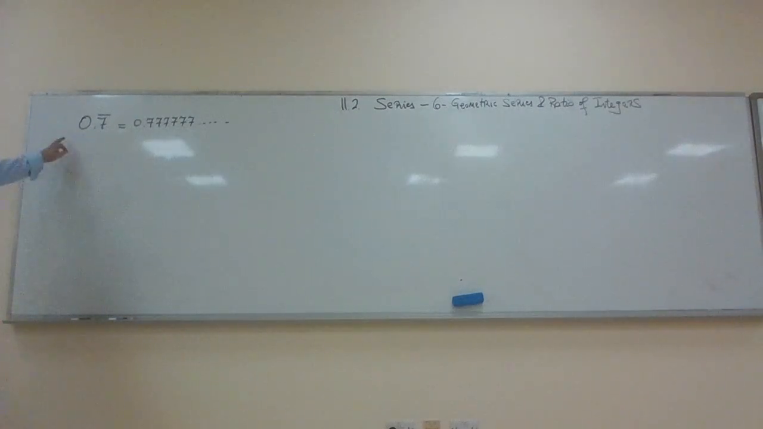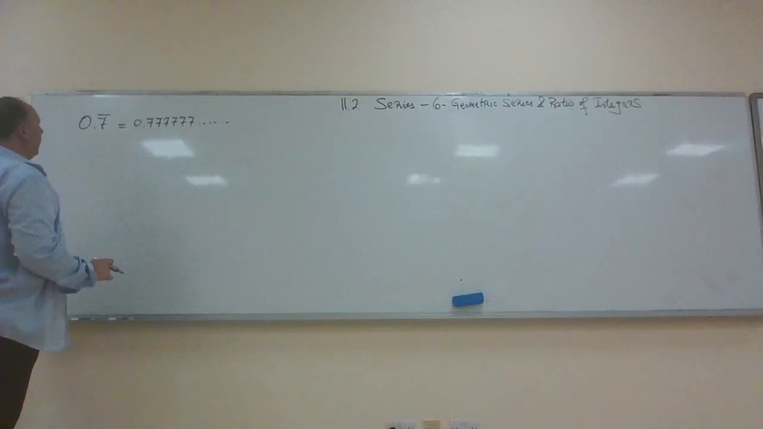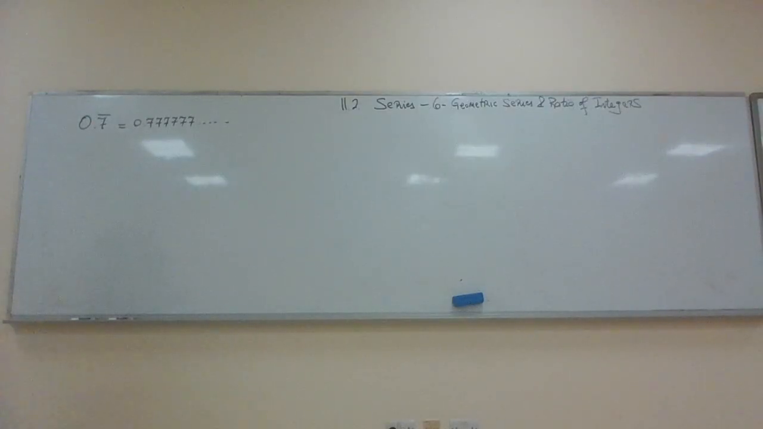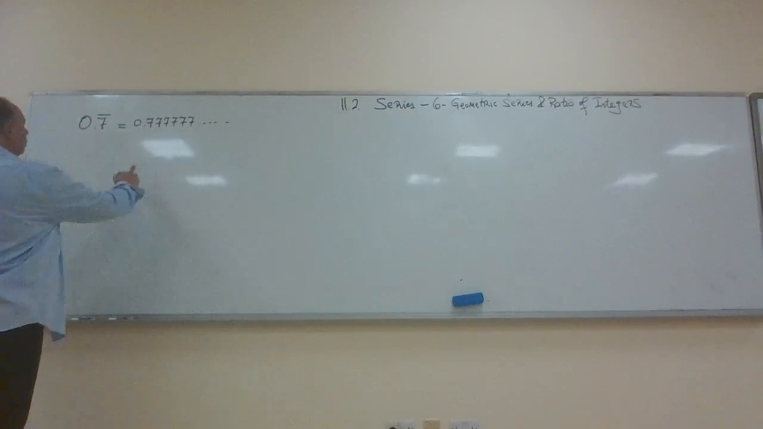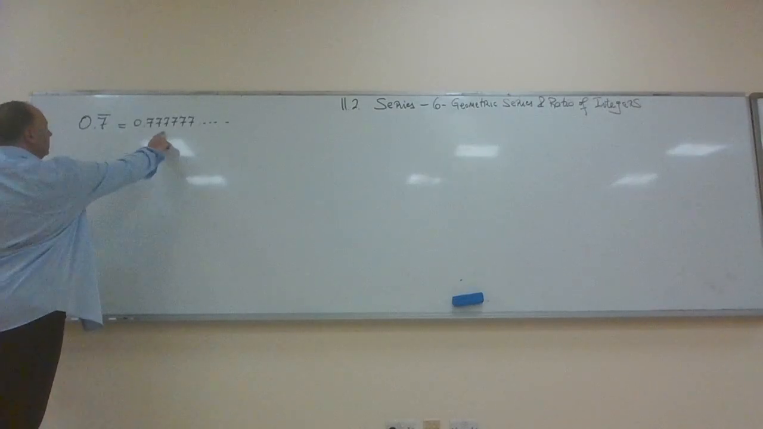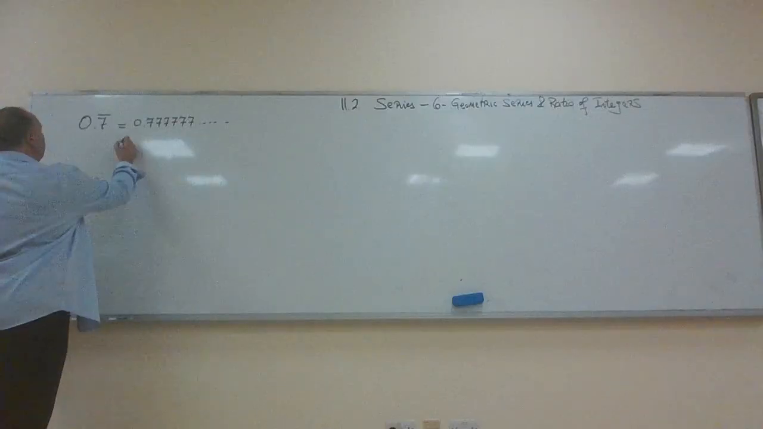So we would like to write this as a ratio of two integers, so A over B, some number upstairs and some number downstairs. And we will do that using geometric series. So what we realize here is that 7 is repeated, that's true, fine. Now